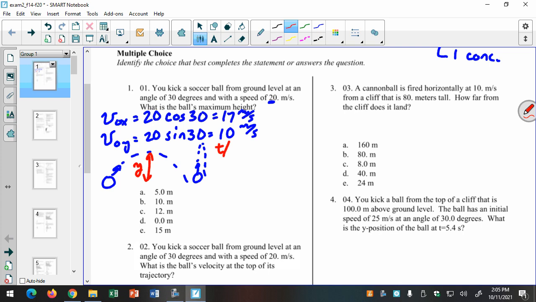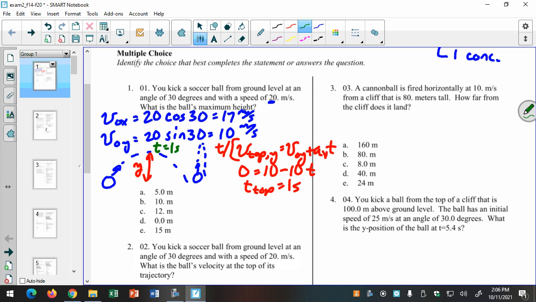The first is I need to find the time. In order to find the time, I say that v top in the y direction is equal to 0, and that's equal to v naught y plus a_y t. So that's 0 equals v naught y, which I've already found, is equal to 10, minus 10 times t. So t, at the top of the trajectory, is equal to 1 second. I know at the top of the trajectory the velocity in the y direction goes to 0, so I can figure out the time at the top of the trajectory using this equation. And now that I know the time up here is 1 second,